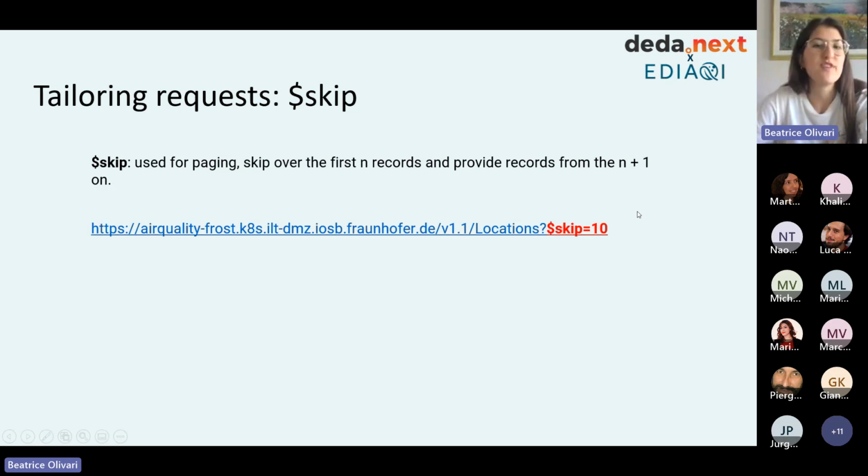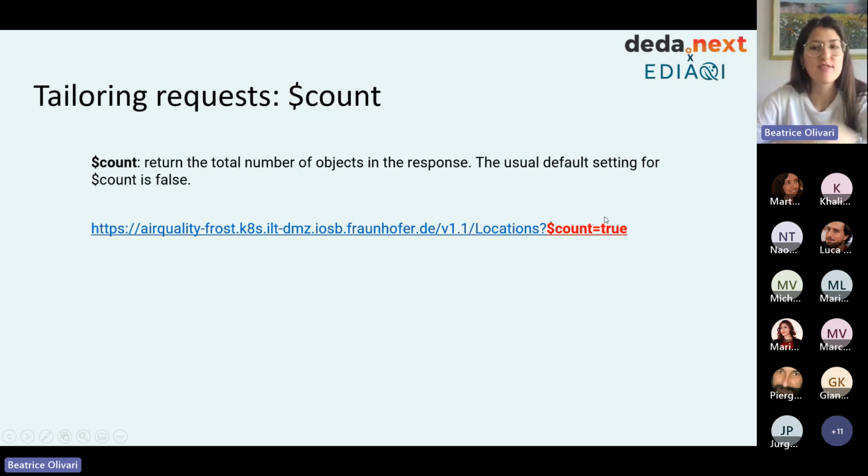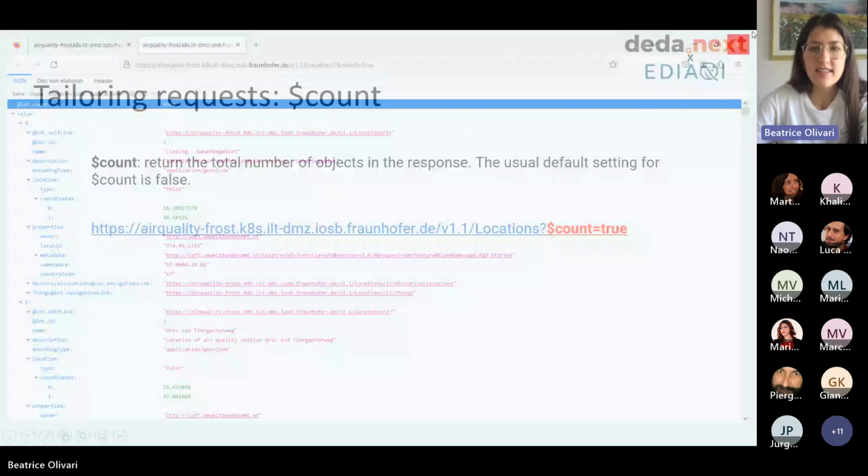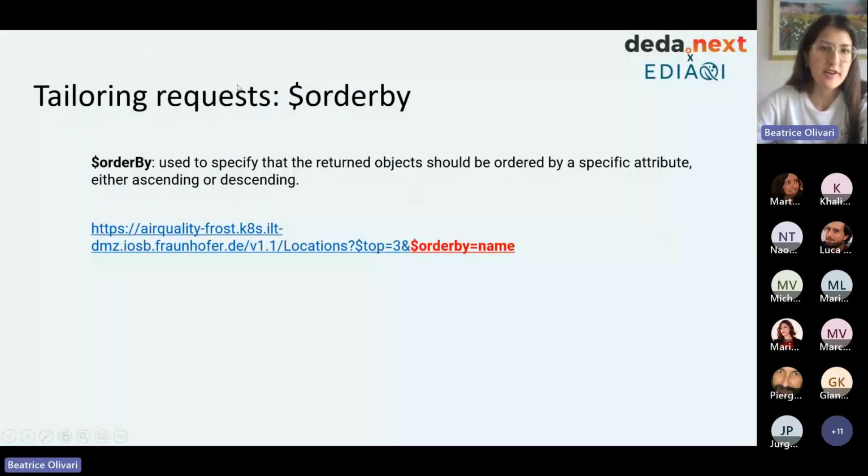I don't even show this because I think it's really easy to understand. Then we have count. For instance, if we want to count the number of total locations, we see that they are 4,944. And then order by, which I guess is also easy to understand. We have a list of elements and we can order them by any specific attribute we want.